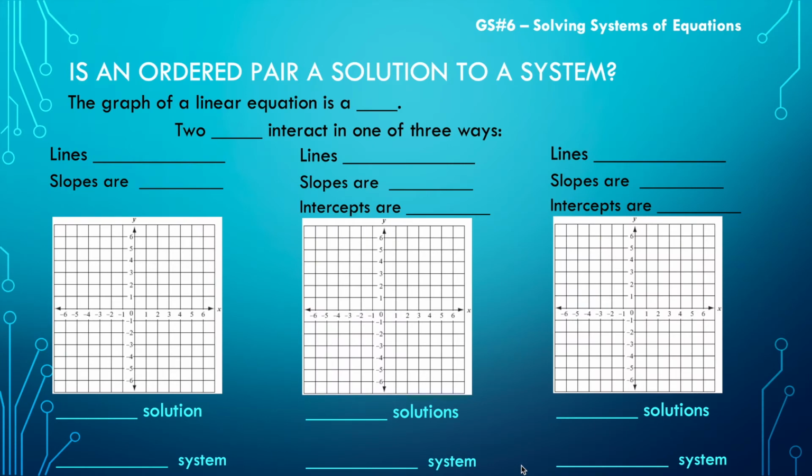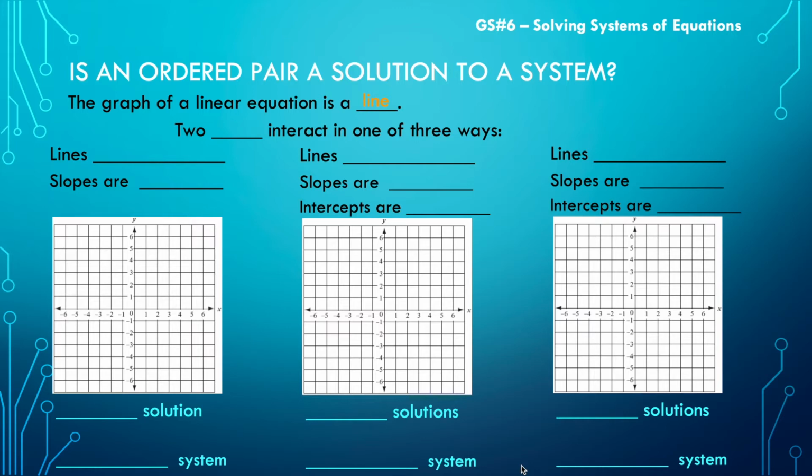Is an ordered pair a solution to a system? Well, what is a system? A system of equations is a set of two or more equations in two or more variables. And we are going to start by talking about a system of linear equations. It helps to know that the graph of any linear equation is a line. So if you're talking about the set of two lines, which is the smallest system of equations we can have,